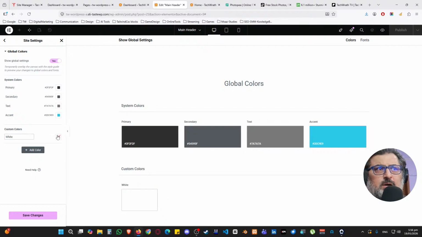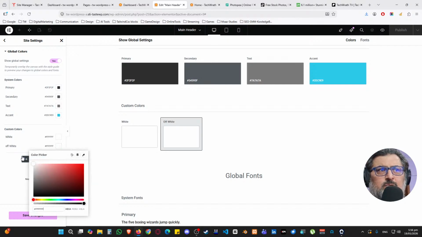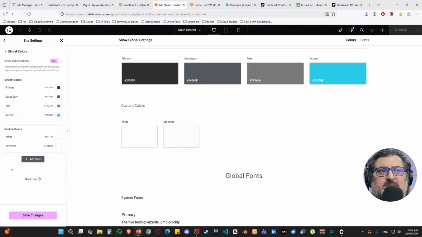We're going to give it a white color because our colors do not have a white one, and we are going to give it an off-white color. So our background is a little dark on the off-white color side. I'll show you where we're going to use this one. So click save,